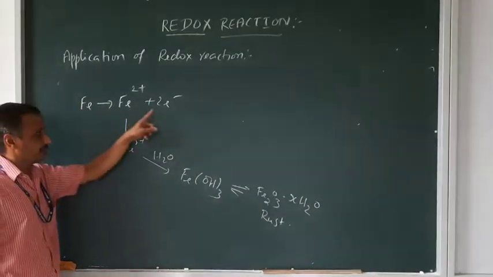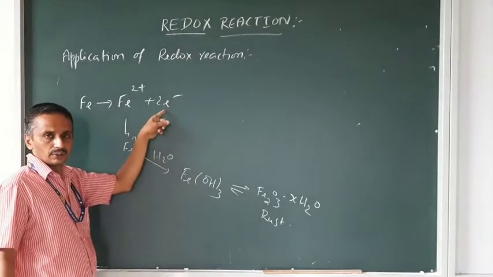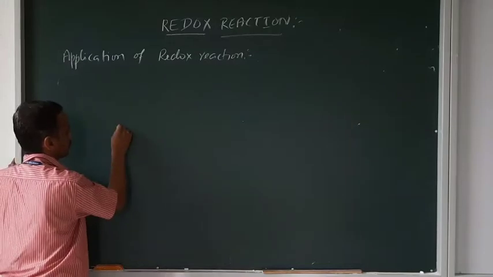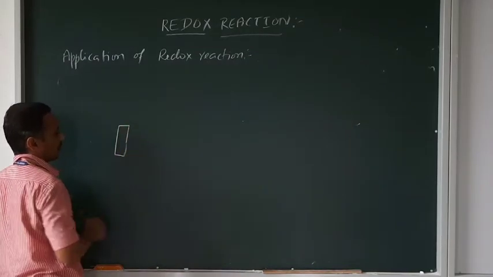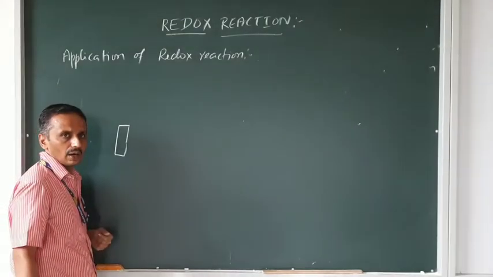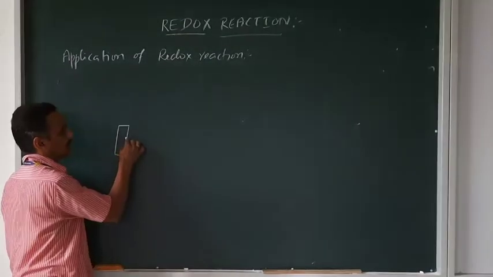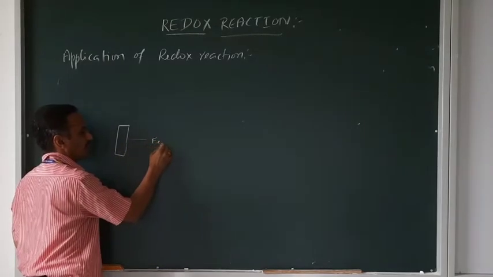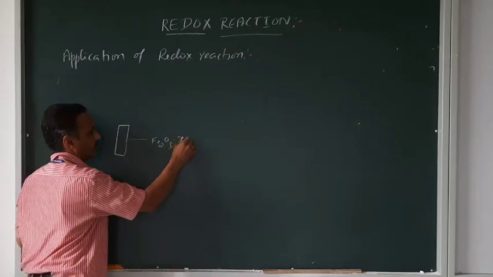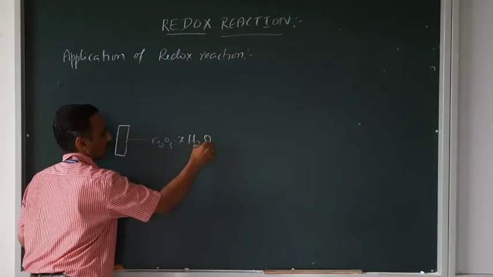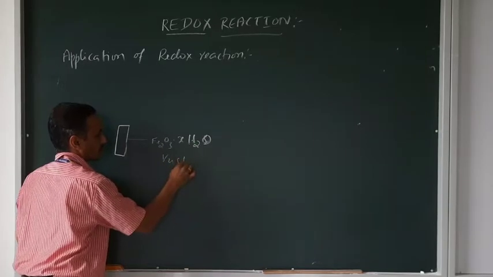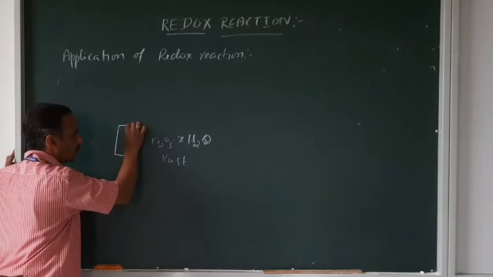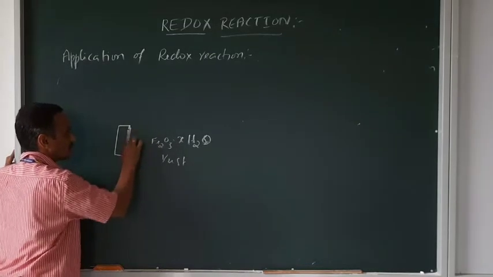So oxidation of the metal takes place there. Now what you do is, to prevent this oxidation, this is the metal iron rod you see. So if it is exposed to the environment, definitely it will be converted into Fe2O3·xH2O, which is rust. Now what you do is, you give a coating of zinc to this.